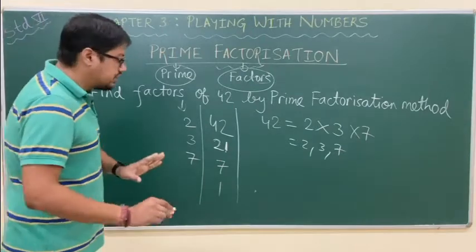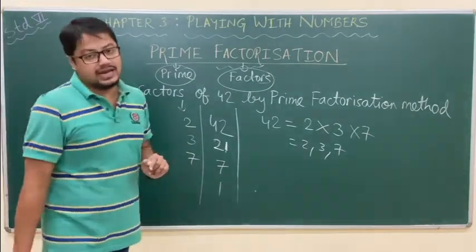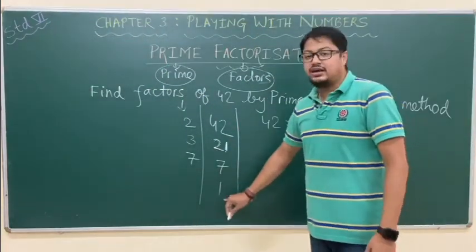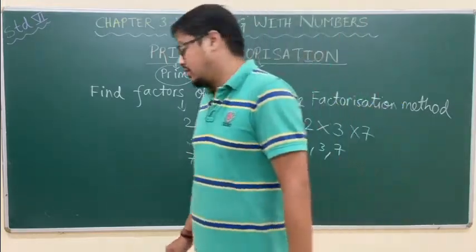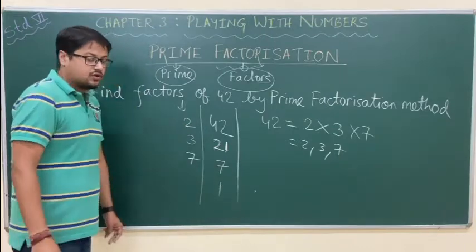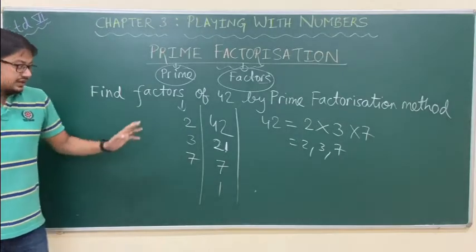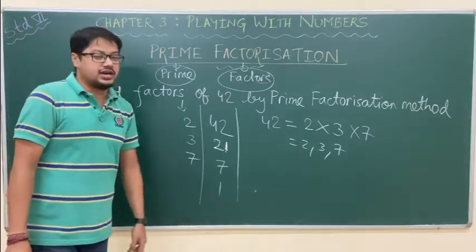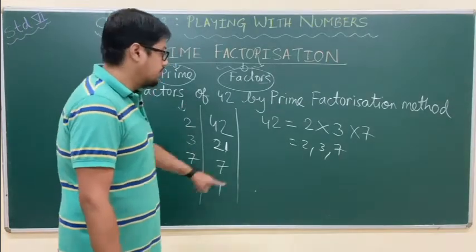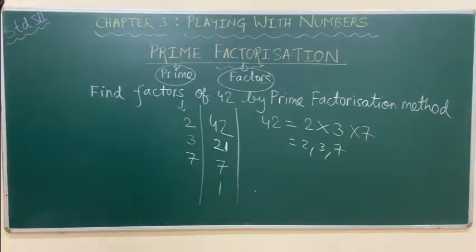So what did we learn in this question? Whatever number is given, you have to divide it using prime numbers only, and we will divide till when? We will divide till 1 is coming down. Divide with prime numbers, whatever is the answer of division, you write in the next row. Again divide that next row number by whatever prime number is applicable. Continue this division process till we are reaching 1. And once 1 is reached, we will write down all these prime numbers. This will be the prime factors of the given question. We will see one more question of the same.